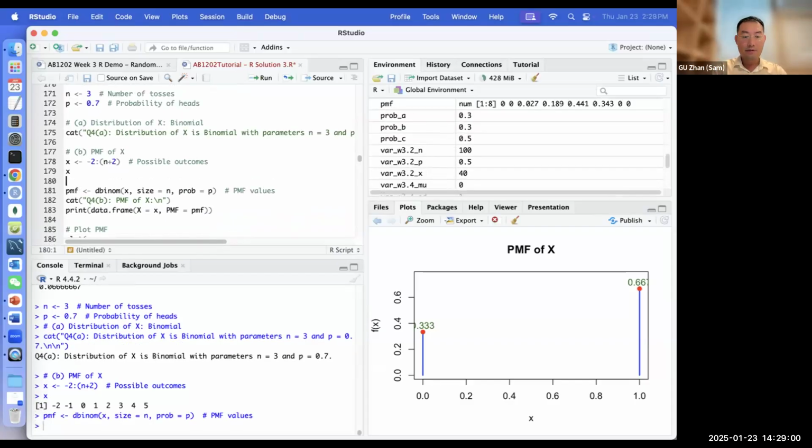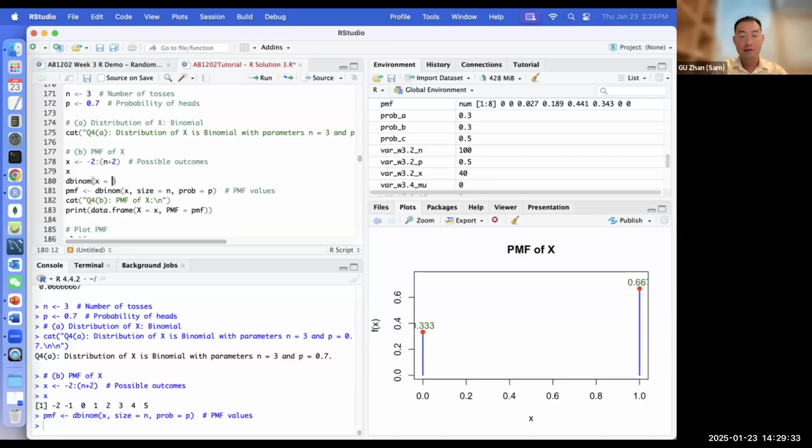PMF is dbinom. dbinom is the probability mass function, and pbinom is the cumulative distribution function. So x can be from where? From how many heads. X equals to